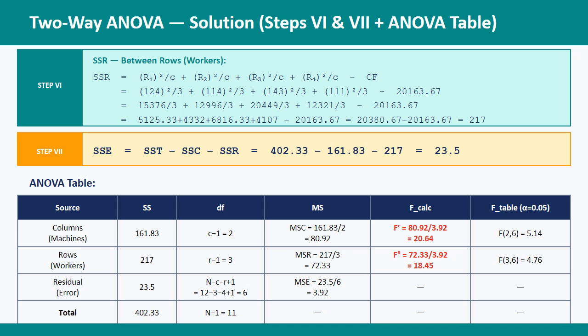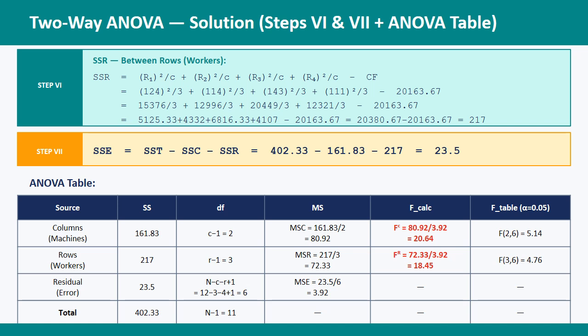So by having all these values, we can find the calculated value of F by applying the formula. Here, since F should be positive, we are going to get the value as MSC divided by MSE as well as MSR divided by MSE. So the F value calculated for columns is going to be 20.64 and the F value calculated for rows is going to